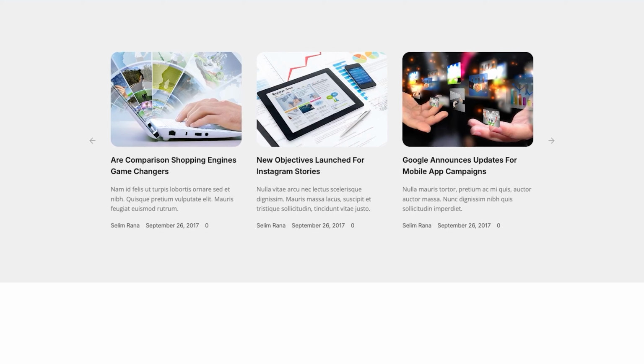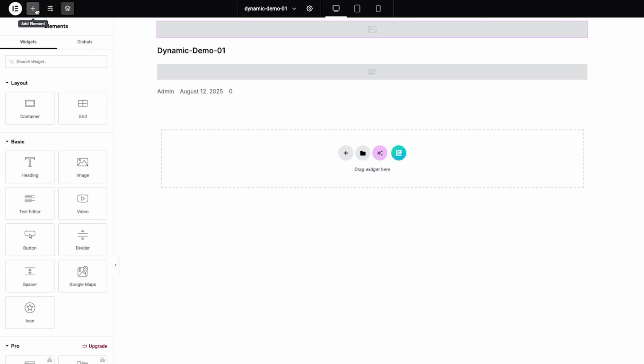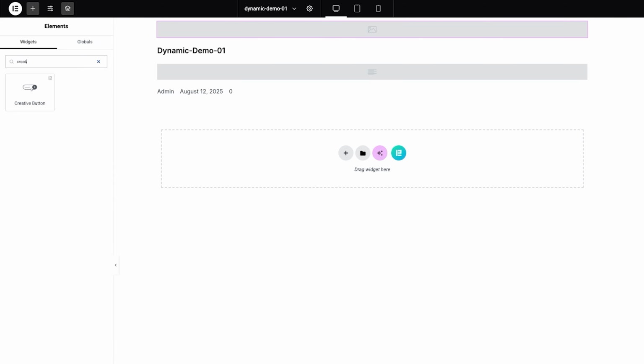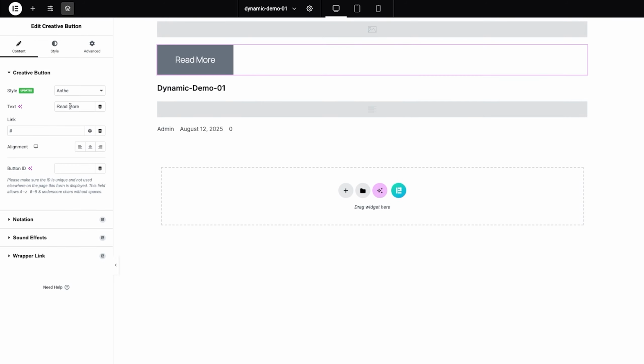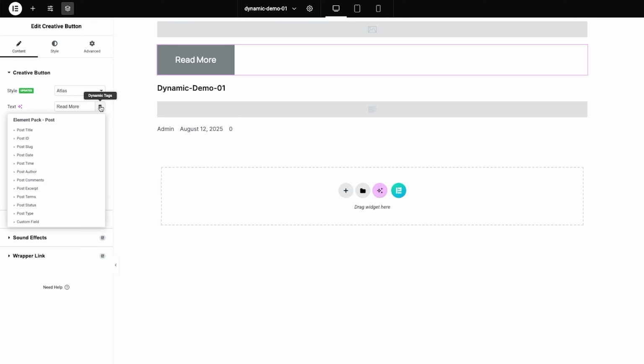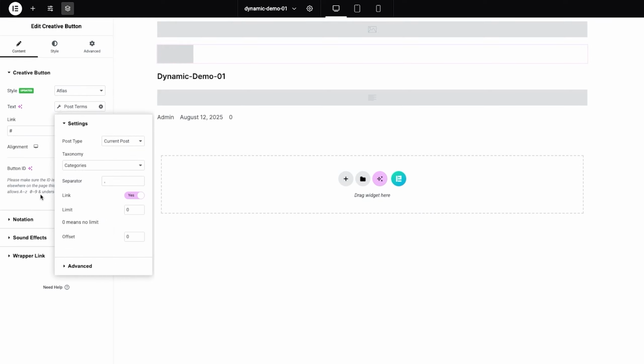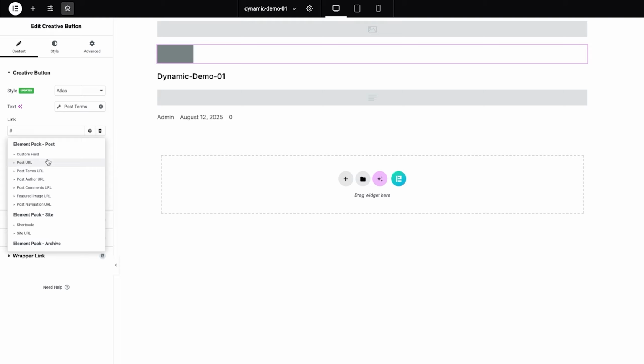To make the layout more engaging, add a creative button widget just beneath the image. This button can be customized to stand out. Start by selecting a style in the Options panel, then open the text settings. Click the Dynamic Tags icon and select Post Terms to display categories or tags linked to the post. In the settings, turn off the default link, then use Dynamic Tags again under Link Settings to connect the post